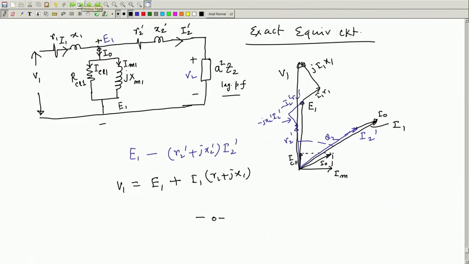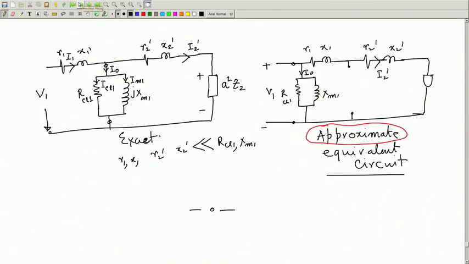Welcome to lecture 16, and we have been discussing the exact equivalent circuit, its phasor diagram, then the approximate equivalent circuit, and I will also draw its phasor diagram. Recall that the approximate equivalent circuit was like this, where this parallel branch has been brought right across the supply. The approximation made is under no load condition, as if there is no current through the winding, but nonetheless core loss will always take place. So, it was like that.